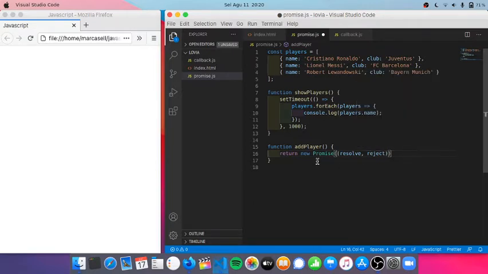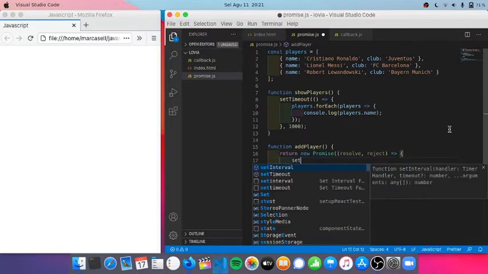So basically promise in JavaScript is like promise in real meaning. So for example, if I promise you something, it can be either resolved or rejected. It can be resolved if the promise comes true, but it can be rejected if I break the promise or the condition is not satisfied. So we have resolve and reject here, and I'm going to utilize arrow function